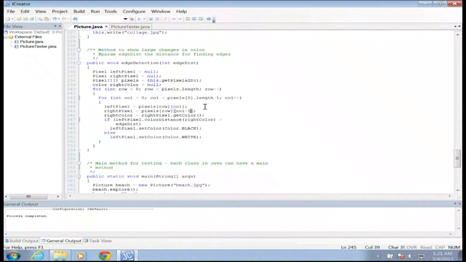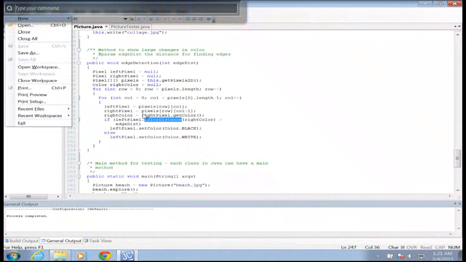And so I actually need to stop short so that when I do column +1, I'm still within the range. Otherwise, I'll end up with that index out of bounds exception that we've dealt with before. So I get the color from my right pixel, and I need to compare it with my left pixel using this color distance method. Now what I'm going to do is open up the pixel